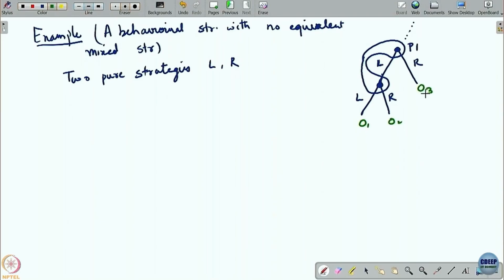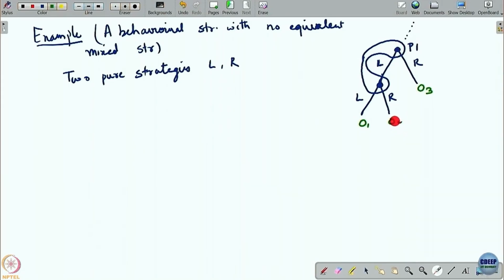Now, by playing a pure strategy, let me ask you this: is it possible for the driver to ever get to O2? Impossible, right? Why? Because there are 2 pure strategies, L and R. If he plays L, the game comes here, he is in the same information set, and he again plays L, because his policy is to play L at this information set. So the game comes to O1. And if he plays R at this information set, that is it, he goes to O3. There is no way for him to reach O2